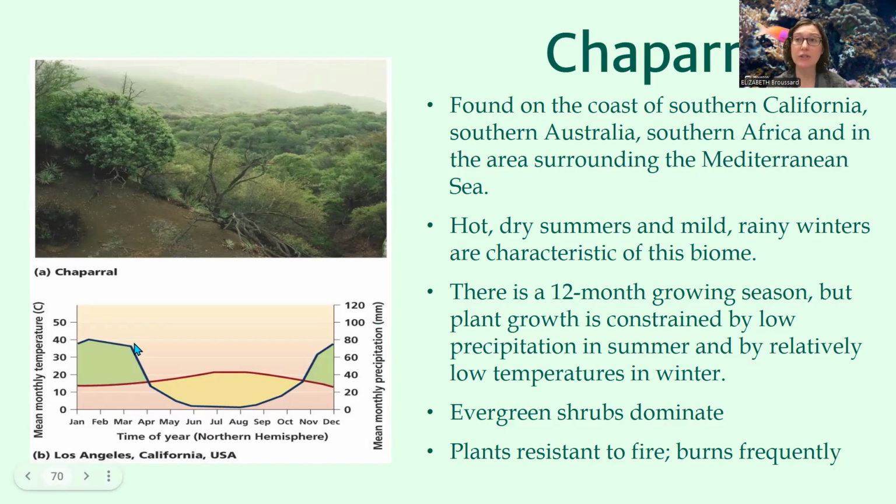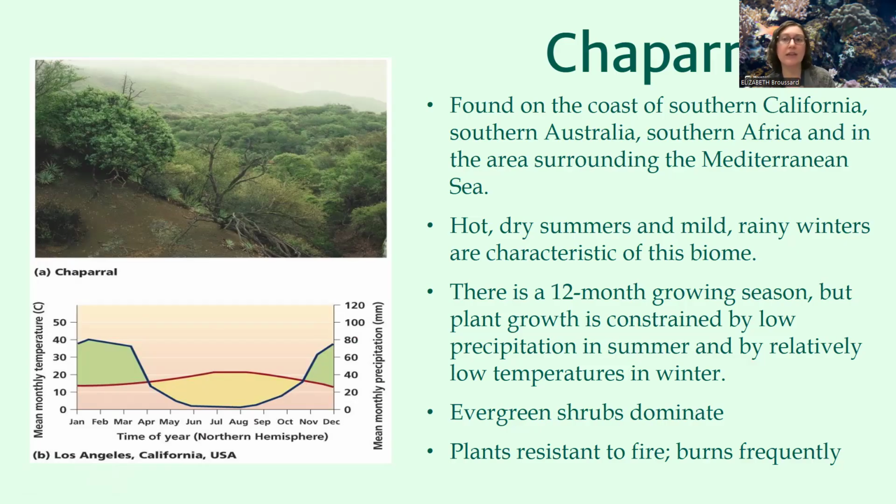So whenever that precipitation line dips below the temperature line, that means that precipitation, not temperature, is restricting that plant growth. We are not having enough precipitation to actually have growth, even though my temperature is favorable in terms of that growth. So in this one, anytime you see yellow, think about dry periods. From about April until about mid-October, almost November, these are going to be my dry periods. We are going to have quite a bit of moisture in my winter months. So the winter months are going to be my growing periods, but we're going to have these hot, dry summers,